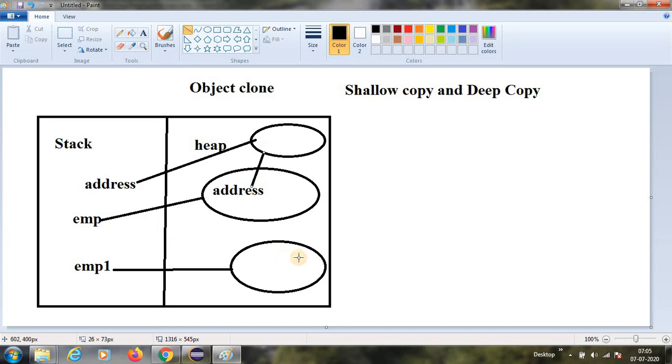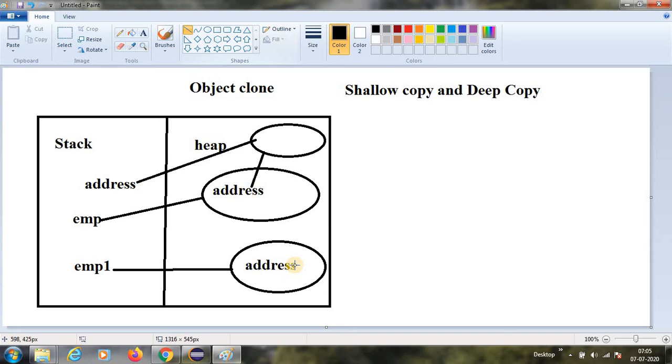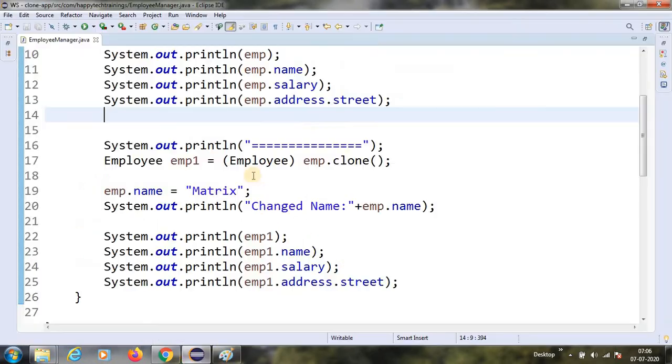Even our cloned object is also pointing to that. So this one is pointing to this, and this one is also pointing to this. See guys, if we change this, both will change. So let us see that.